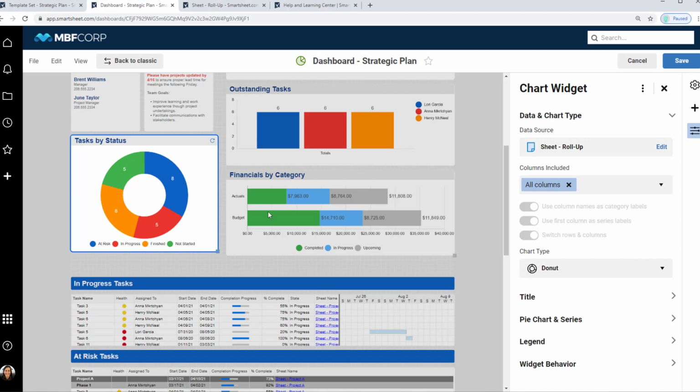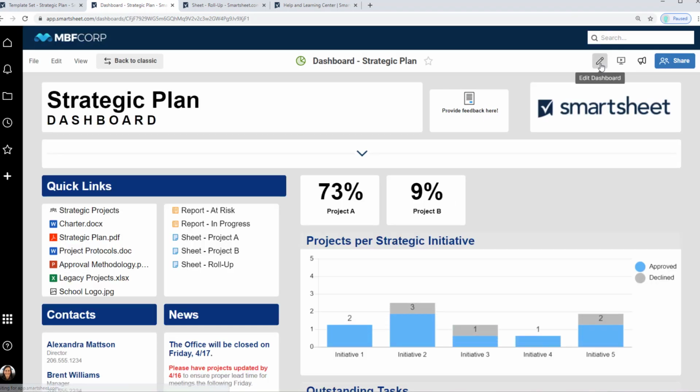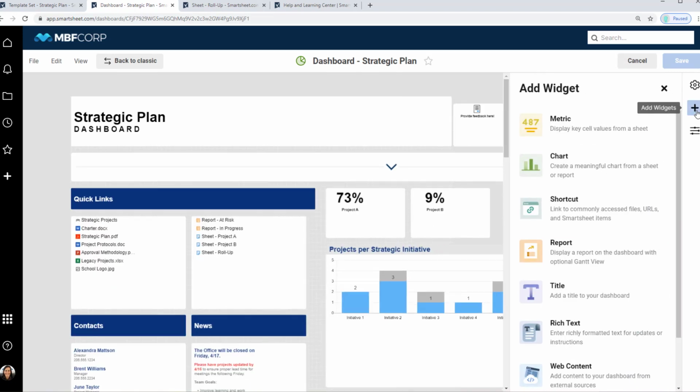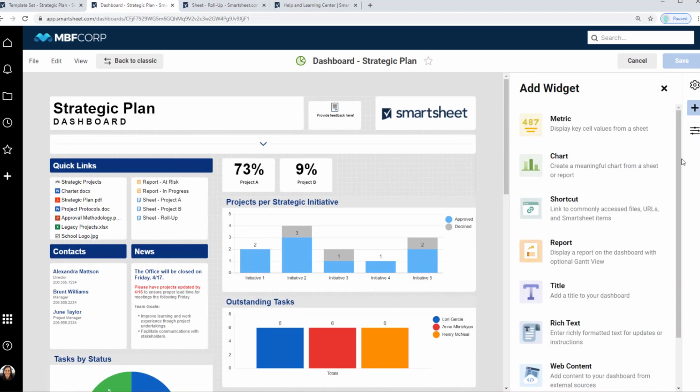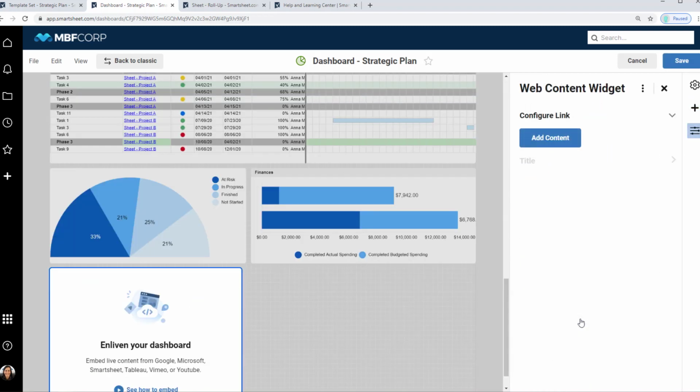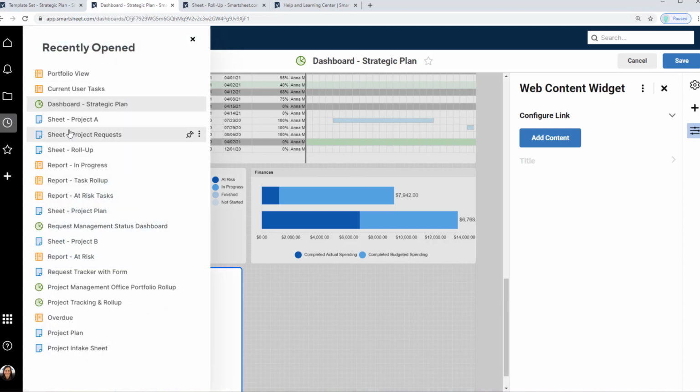The last widget type that we're going to look at is our web content widget. And the web content widget is really powerful, and it's a great way to bring together external data into your dashboard. So I can embed information that's in Smartsheet, but not a sheet that we looked at. So I can, for example, head into one of the sheets that we started with, our project request sheet,